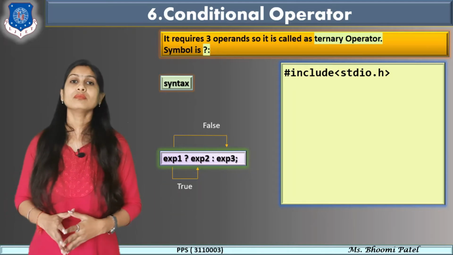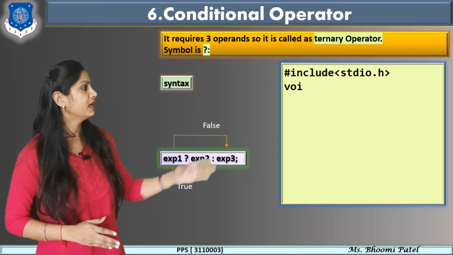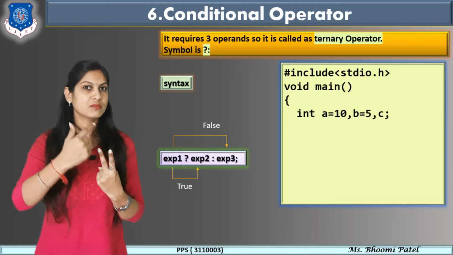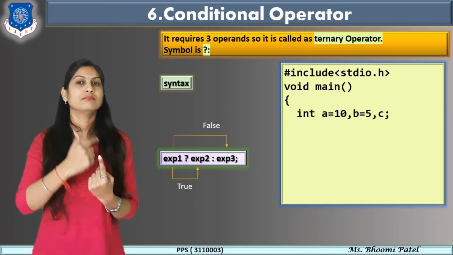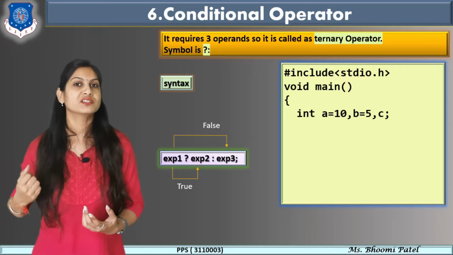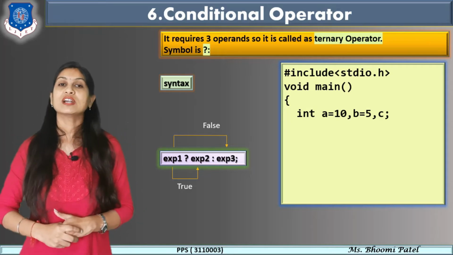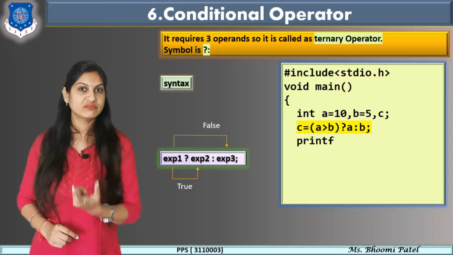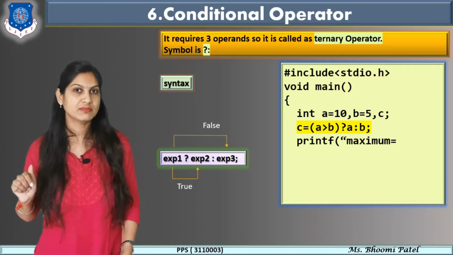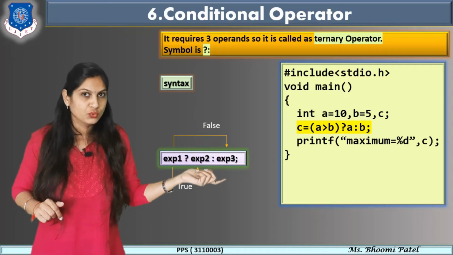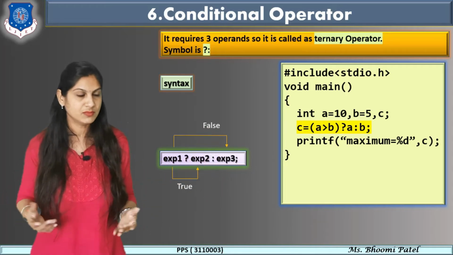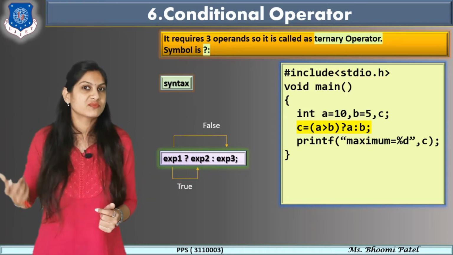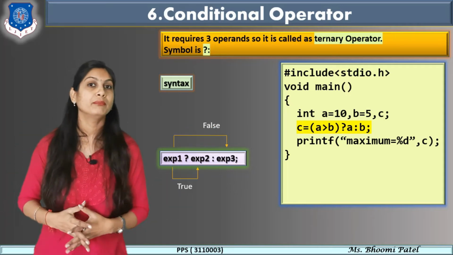How? Let's say we include the header file first, and then void main. Inside void main, we have to declare the values, because we need the maximum of 2. So a equals, suppose, 10, b equals 5, and c is nothing but our output variable. So what is the logic using conditional operators? Here the condition is our expression 1, that is a greater than b, then put a question mark. If the condition is true, it means the answer is a is maximum, so put the simple variable a, then a colon, and if the condition is false, then the third part, that means b is the answer.